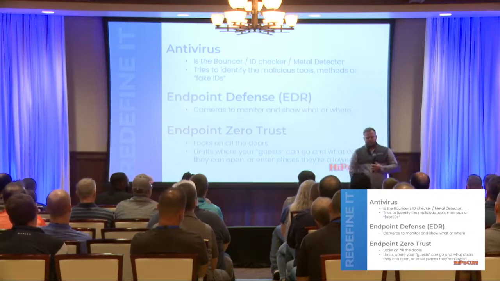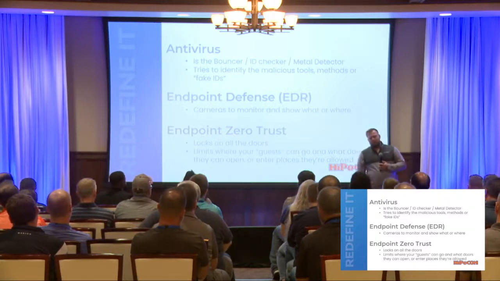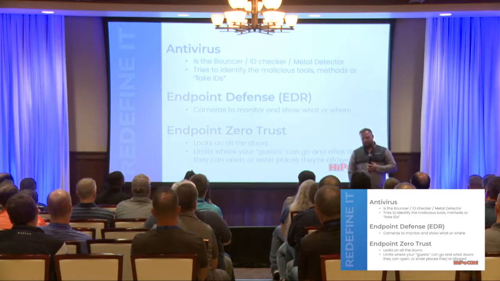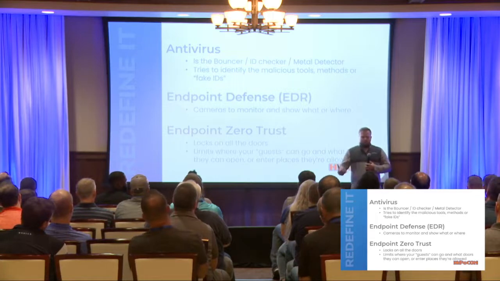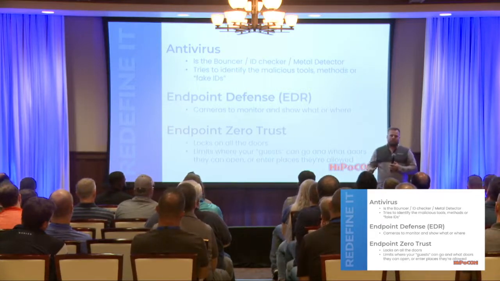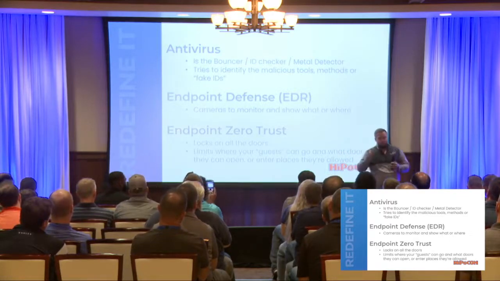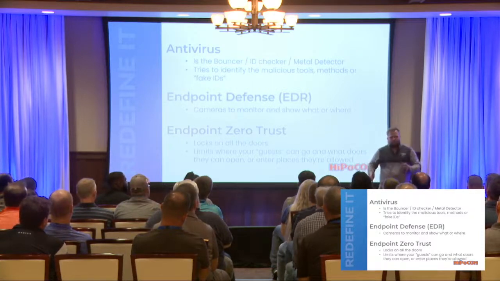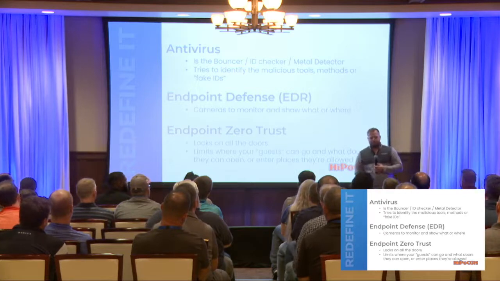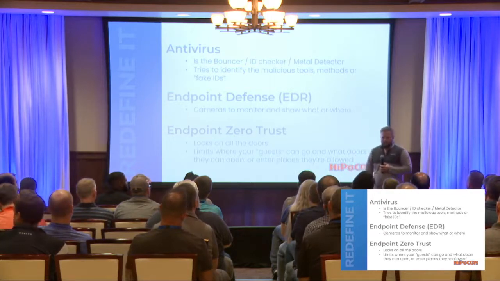It tries to identify any malicious tools, any malicious weapons, if you will, at the gateway of the network, at the start of the communication. It tries to identify those fake IDs. Where endpoint zero trust comes in is you're not only checking the ID to make sure you've got the right people, your party, if you will, but you're also locking the doors they cannot go to. I was thinking of the TSA, how they funnel you through their metal detectors, etc.